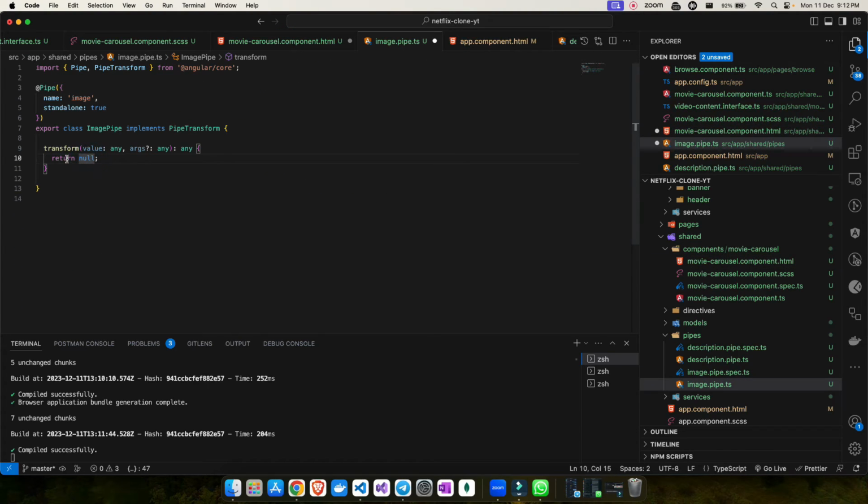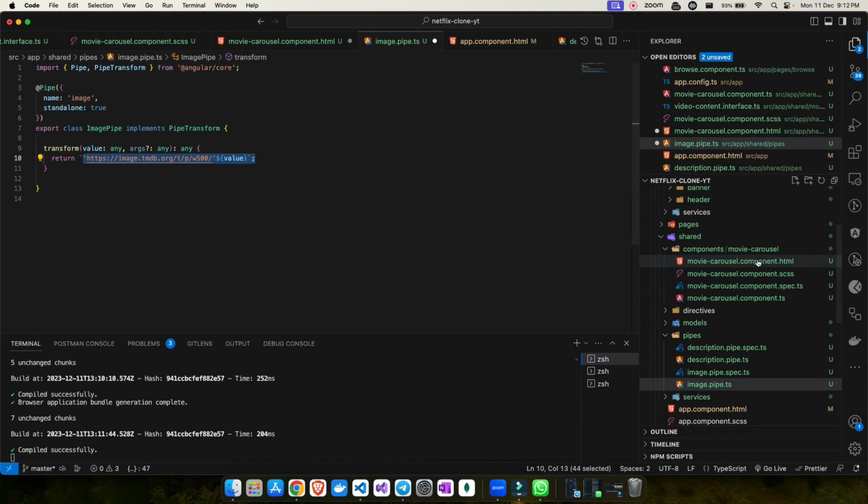Okay, so now here what I will return the value, right? So again, let me do the string concatenation. Okay, paste the changes here. So what I need to do, I will paste this. So this is the image what I will be getting, and now I will pass in the value here. Okay, so I can pass the value like this, and now this will transform all my images into this complete